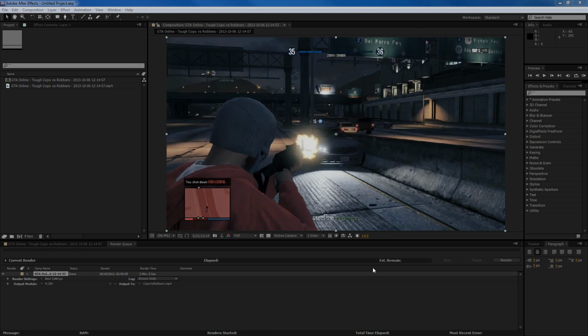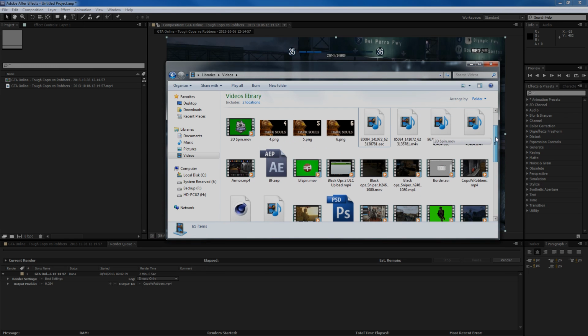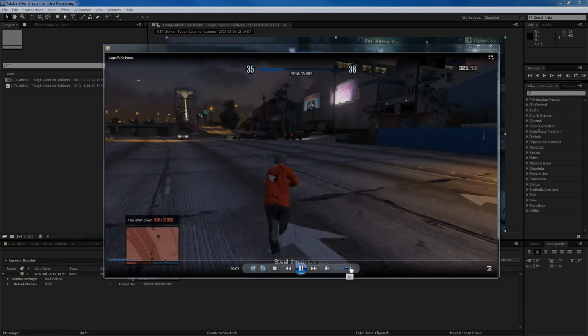Okay, so this is finished exporting, and basically once it's done you'll hear a ting, and this will go grayed out, and basically you can then go ahead and select the footage. I've got the video section labeled up here, cops versus robbers. So if we go ahead and click that, it's 15.9 megabytes. That's pretty good for 41 seconds. As you can tell,